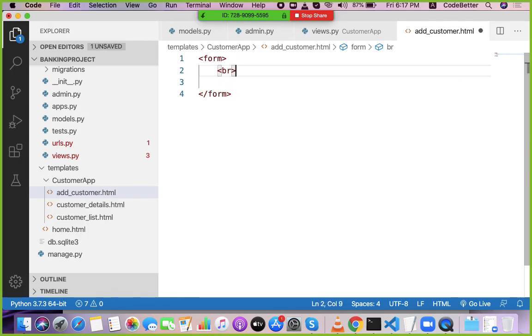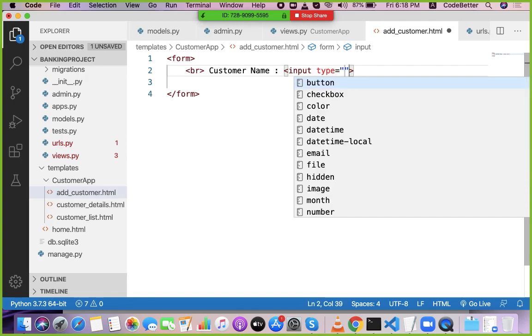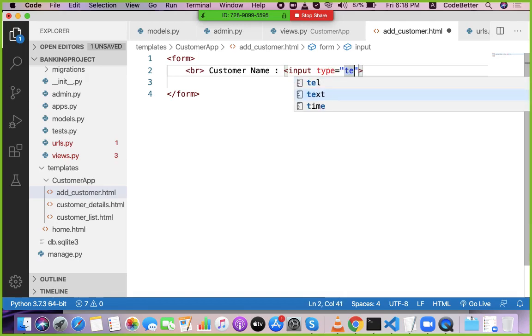First let's ask customer name, and to ask customer name we can use input type text field, and name property should be assigned.